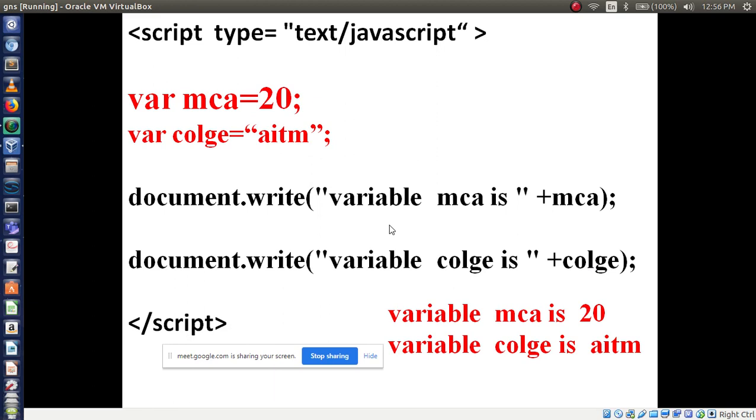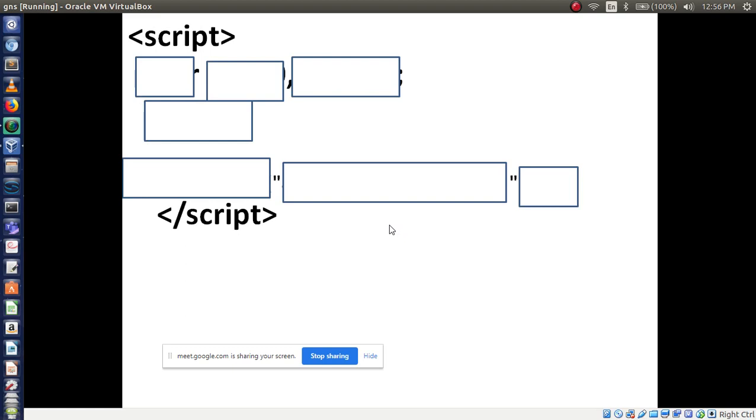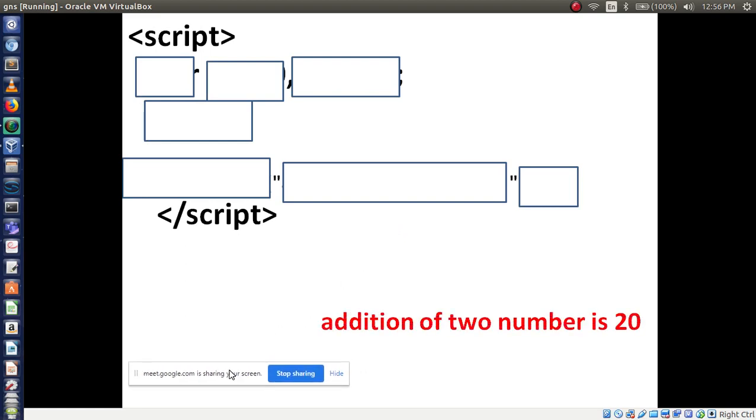Now, another one: I want to print a message like this. What is the message here? Addition of two numbers. So how to do arithmetic operations here?